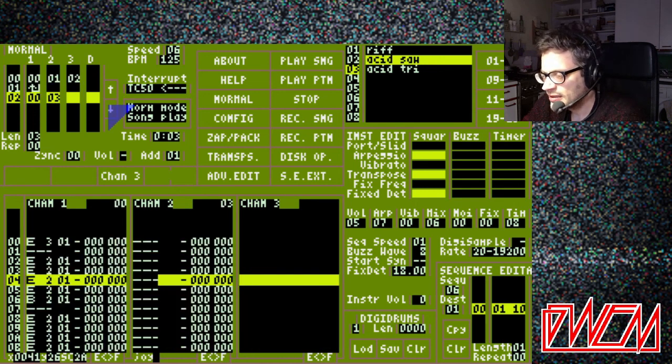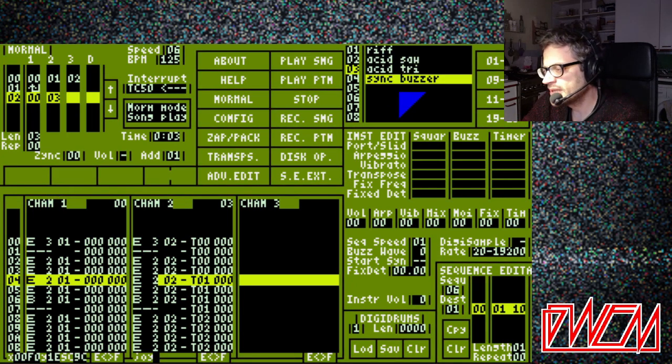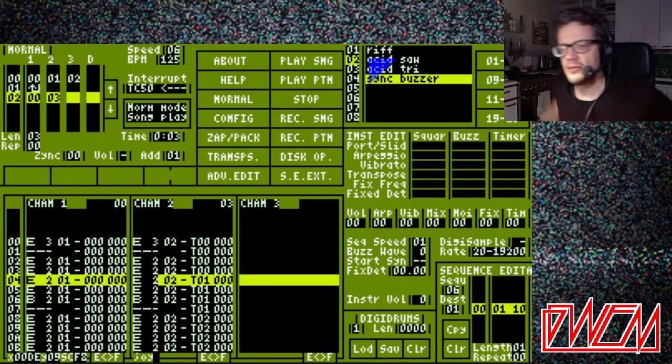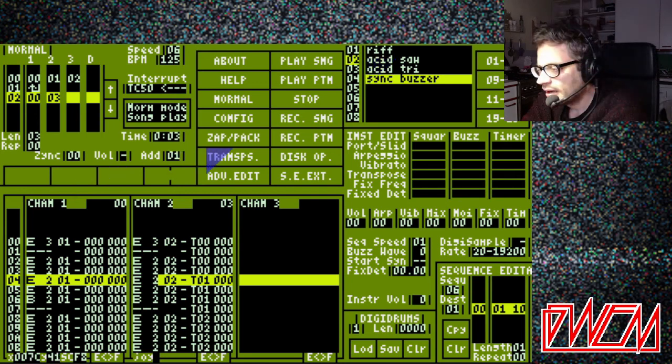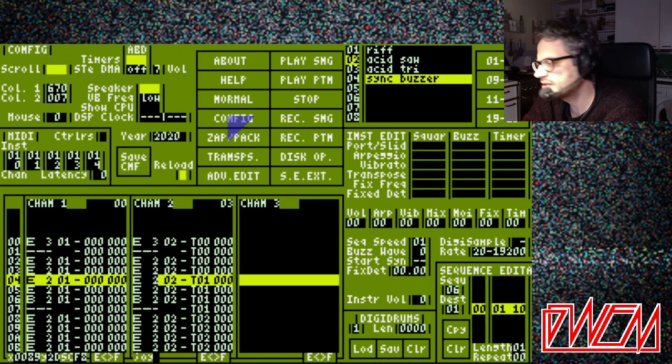But there is another way you can do it using the legendary Syncbuzzer. It just uses the buzzer, and what you do while it's running is you re-trigger the buzzer at an audio rate. You use the timer to do that. It's a bit like an oscillator sync effect on a classic analog synth, really. And it does sound a lot like a synth which has oscillator sync, like the Sequential Circuits Pro 1 is